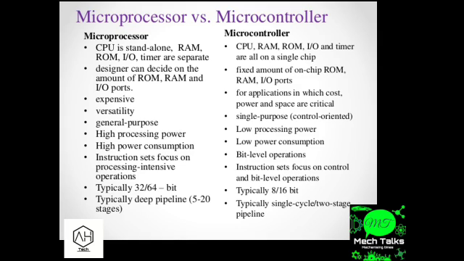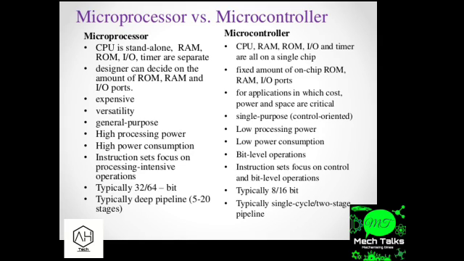So as I told you earlier in the examples, microprocessor has a higher processing power. When compared to that, microcontroller has low processing power. If we talk about the processing powers, for example, the microprocessor has a processing power ranging from 700 megahertz to around 5 gigahertz and so on. When it comes to microcontroller, it can be from 1 megahertz to around 72 megahertz and so on.